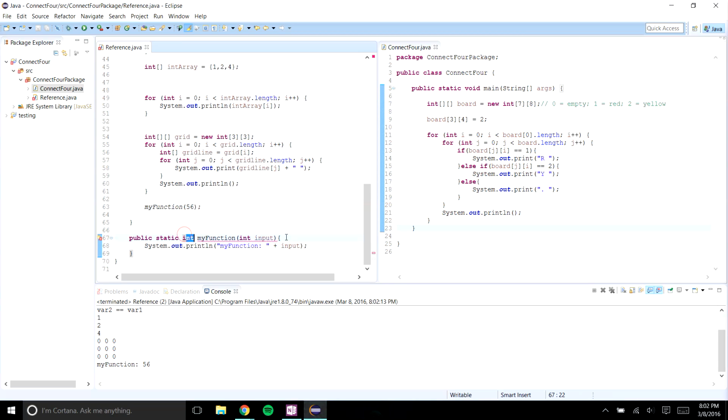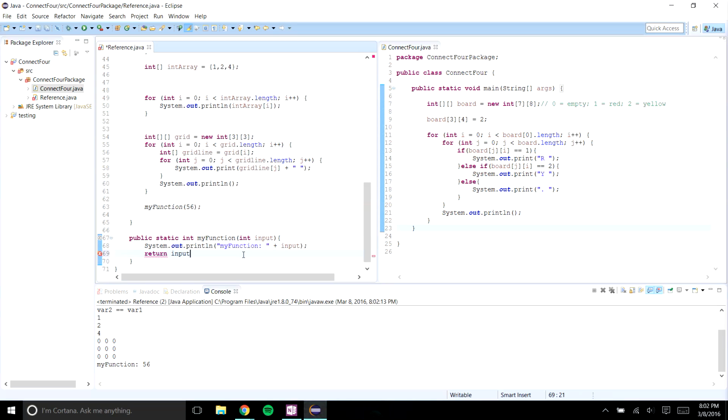Now that we've defined that it's giving back an integer, we can also have it give back an array of stuff. We can essentially have it return anything. We say return, and this is the end of the code right here. This means that this is where the code ends. If you have stuff here after the return, then it's not going to happen. So we're going to say return